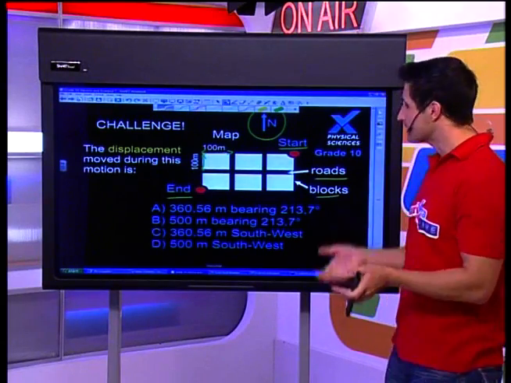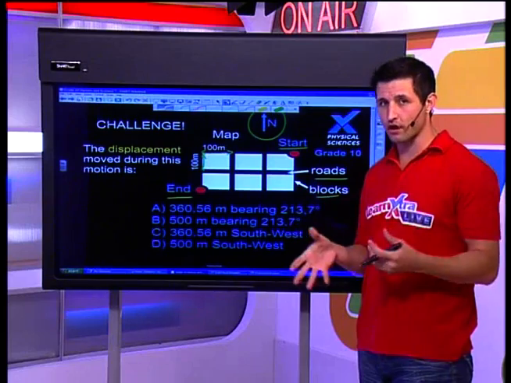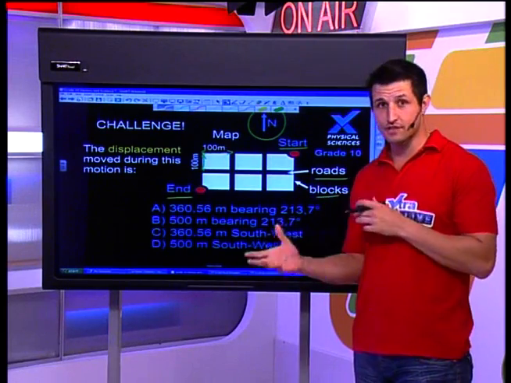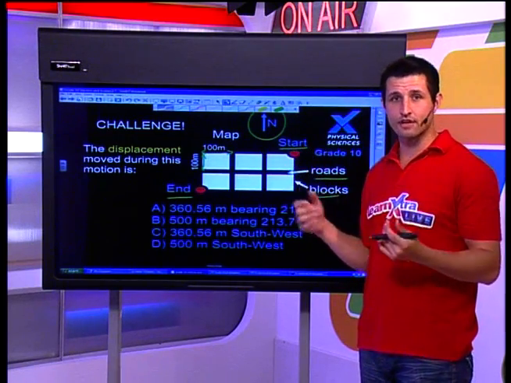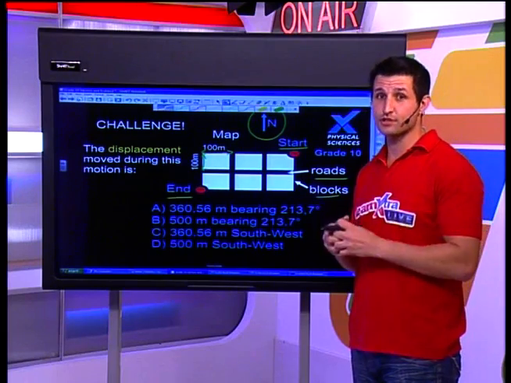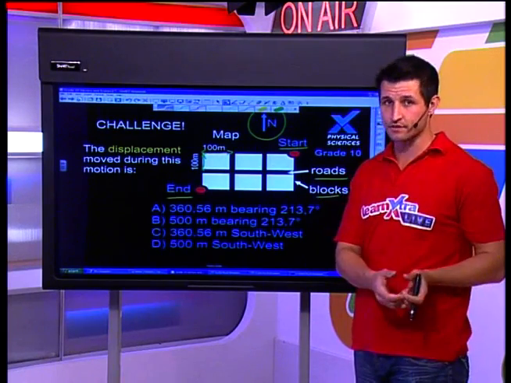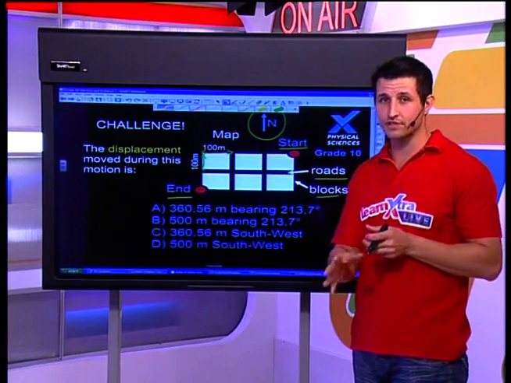Before we start, okay, now a position tells you where you are. It doesn't tell you any distance that you've moved. So a position might be at this position on the graph. Now, a reference to position tells you where you start and where you end. It doesn't tell you that you've traveled anywhere.